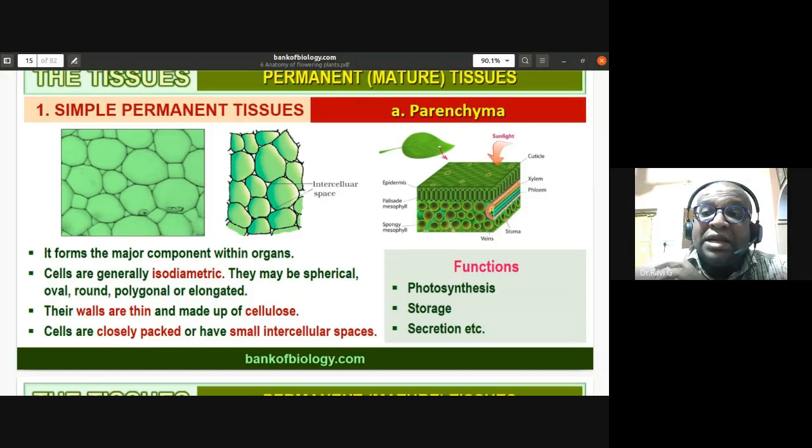Now, parenchyma that is richly filled with chloroplasts we call chlorenchyma. I have already told you about the palisade mesophyll. It is nothing but palisade chlorenchyma. You can also call it as